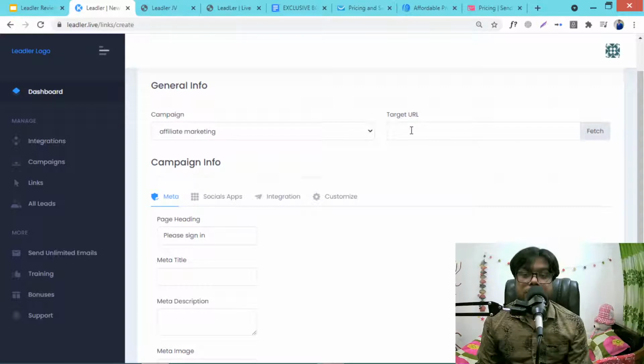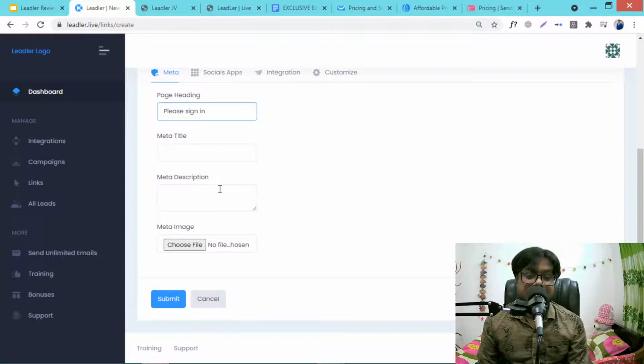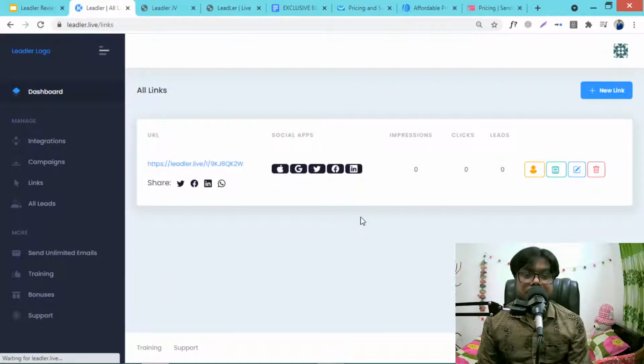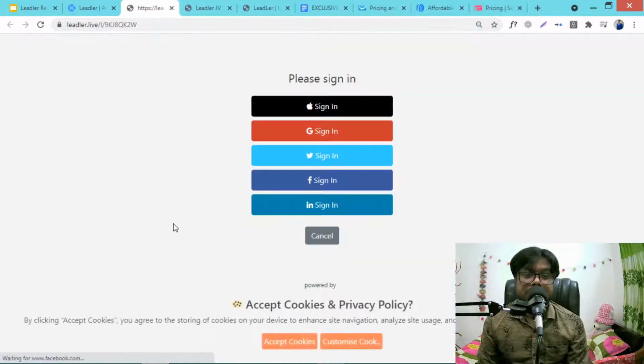You need to give the target URL, write something for your purpose, and click submit. So the link will be generated. This is the link, and we can check it. I am just showing you as an example. This is how it will appear.